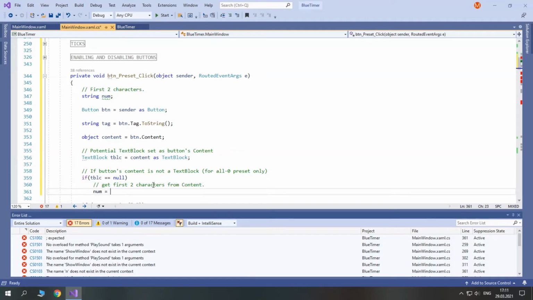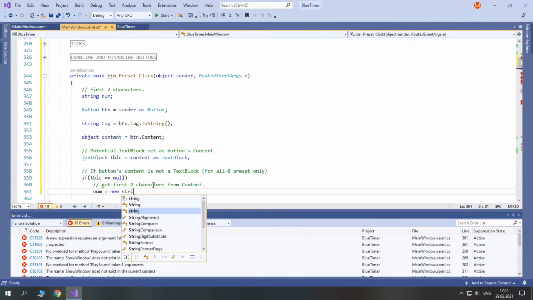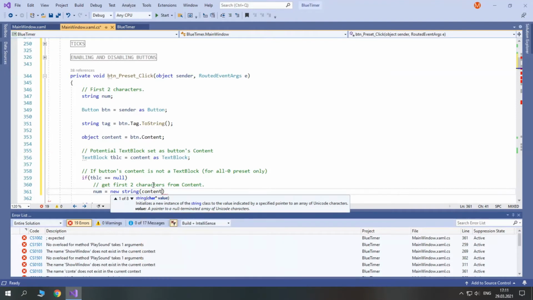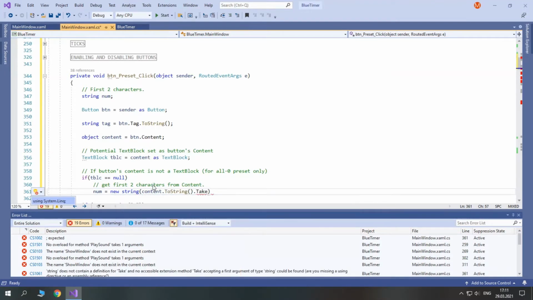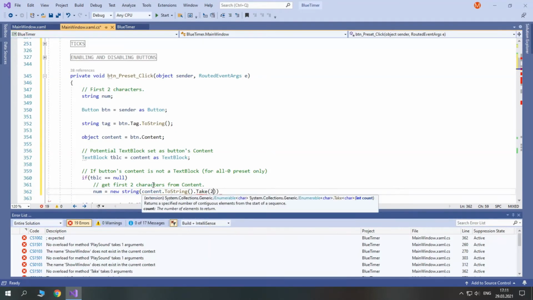So num equals new string, and we take it from content dot to string, and we press Ctrl dot, include link. We take the first 2 and convert it to array.